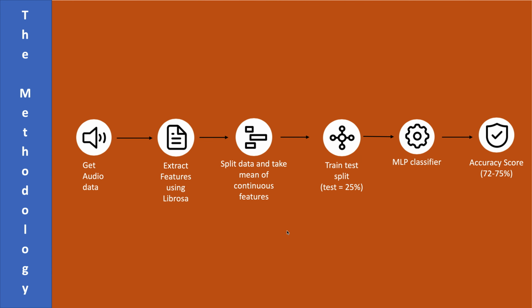Here I have given an overview of how our machine learning model will work. First, we will get audio data, extract the audio features using the Librosa library, and split the data into train and test sets. The machine learning model will study the training set, and after identifying the patterns in the data, will test its predictions on the testing set. Our train set size is 75% and our test size is 25%. We will then give the results to an MLP classifier, which will have an accuracy of 75%.